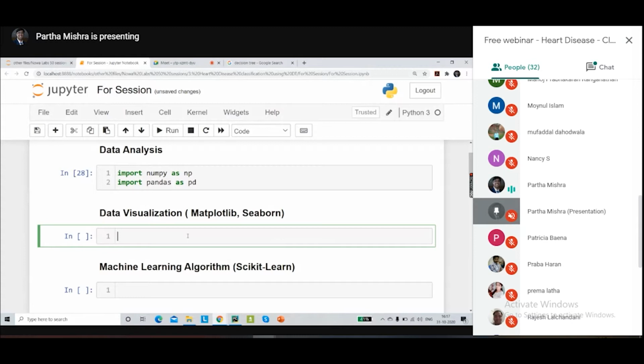From Matplotlib, I'm going to import only the pyplot part of it, because that's the most used portion of Matplotlib.